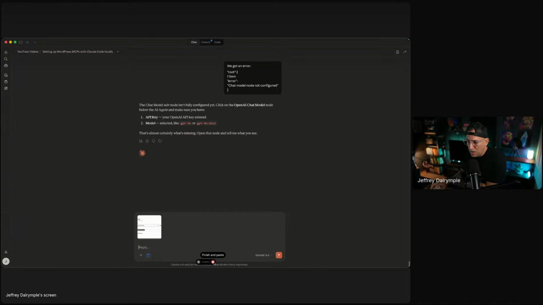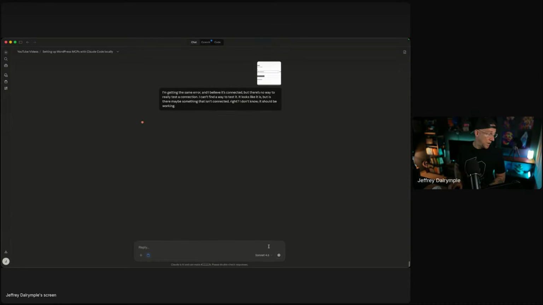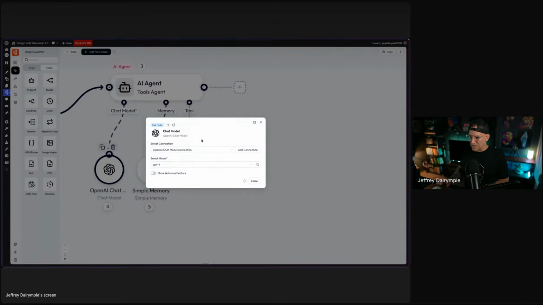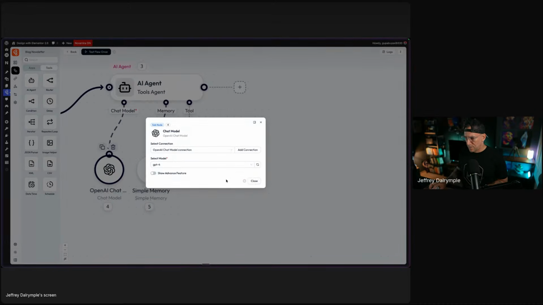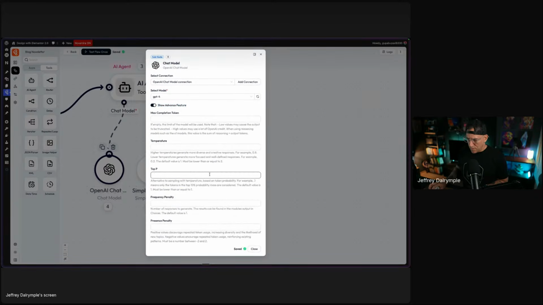I don't know. It should be working. Uh-oh. Set up at the select model field is a problem. It's showing GPT cut off. The model isn't fully... no, it is fully selected. It's just... Oh, yeah.